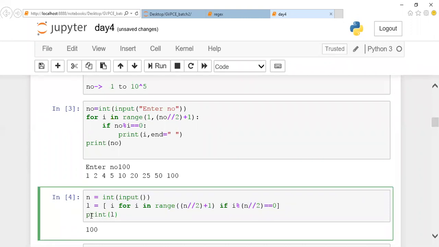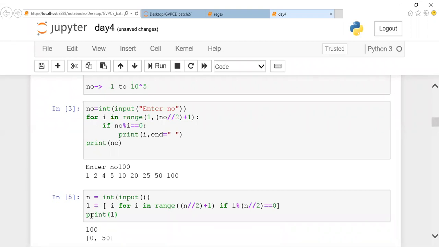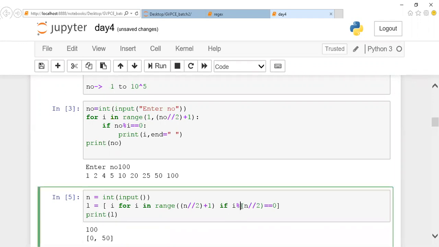Your friend has written it using comprehension. What is the method I taught you yesterday? It is printing only 0 and 1. Why is it? Just a minute, we'll look into it. So what are you trying to do here? Here, the if condition you're supposed to modify, as you're going to take this range, right? So what is the if condition you're supposed to place? The if condition is n modulo i.